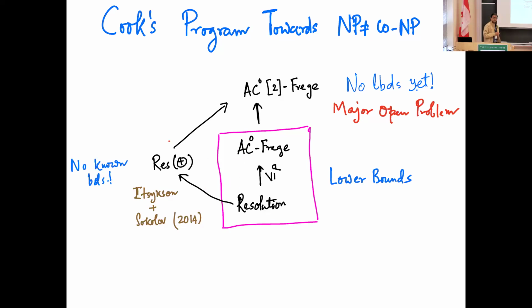Unfortunately, for general Res(⊕), I would often just call it ResLin, there are still no lower bounds, although there has been some very interesting progress that has recently happened. But we still don't know super-polynomial lower bounds for unconstrained Res(⊕). So our work in trying to prove supercritical trade-offs here is trying to understand this system much better.